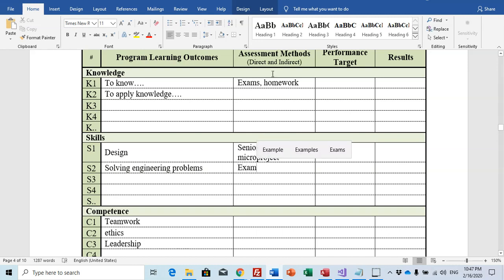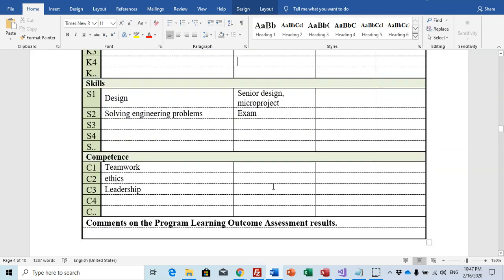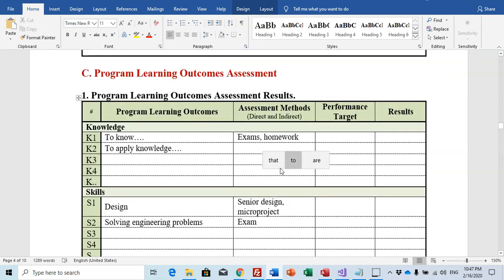You can also take them directly from the program specification. For teamwork, for example, presentation, work ethics, for report, to check the similarity, and so on. So this is your assessment methods.